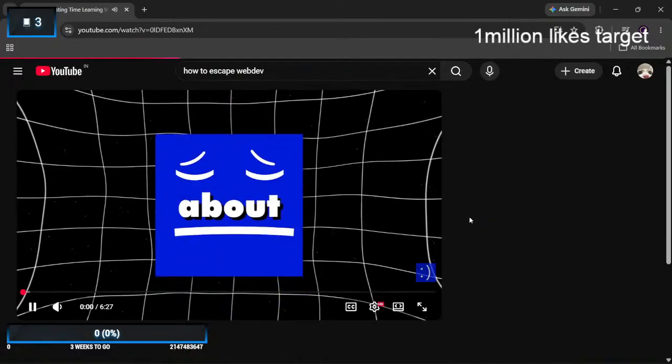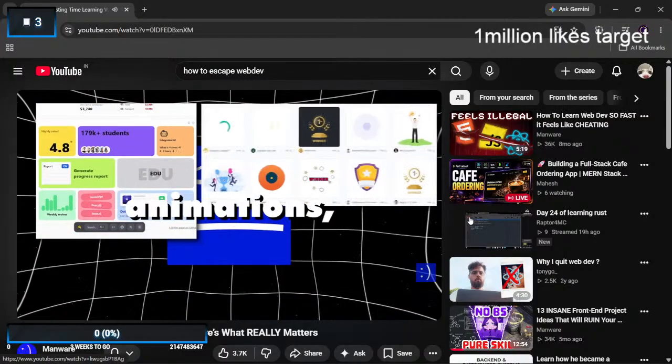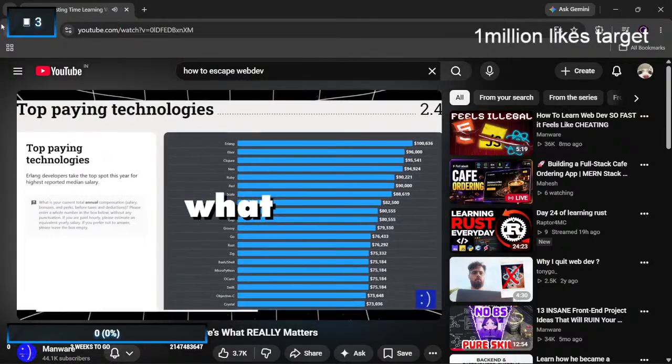If someone had told me about component libraries, where to get free animations, icons and fonts, industry trends, and what companies